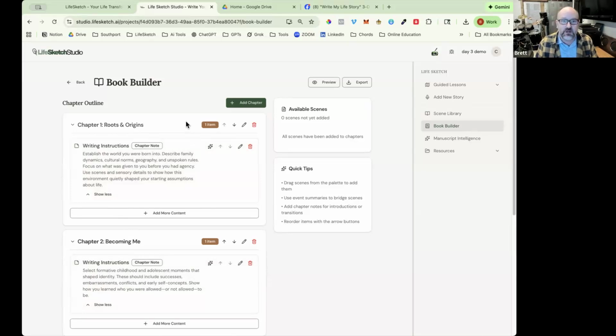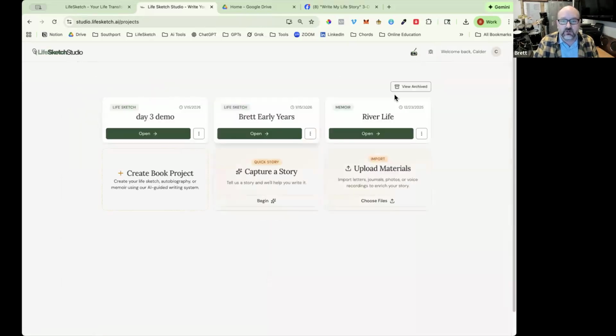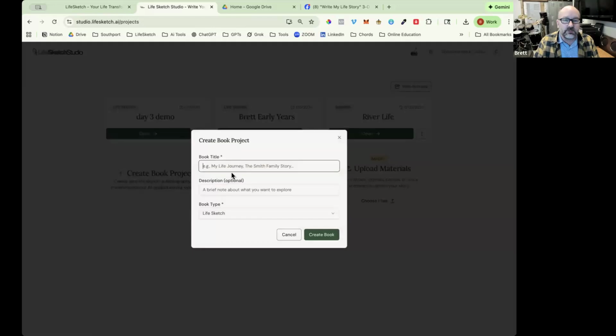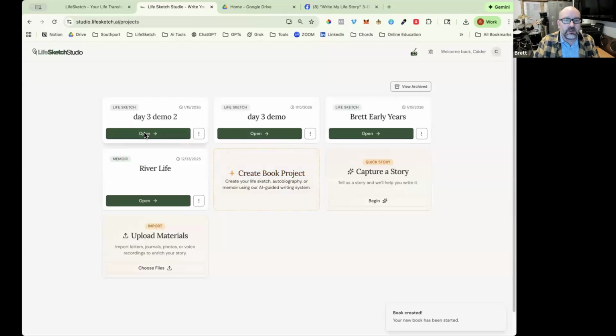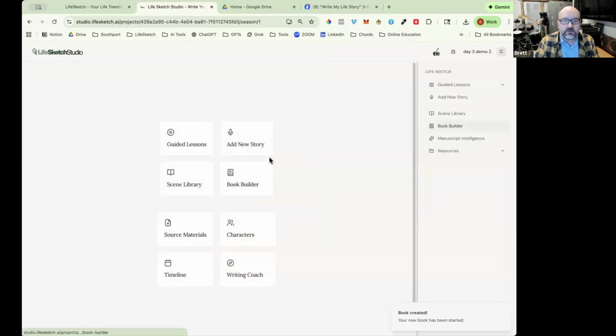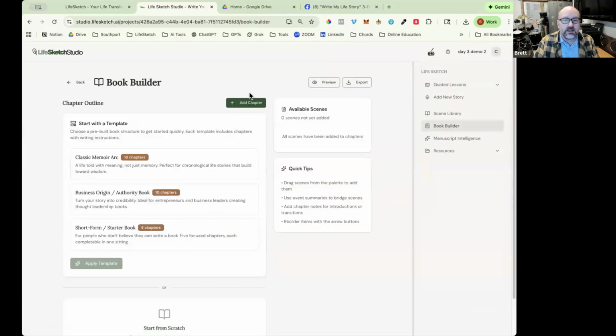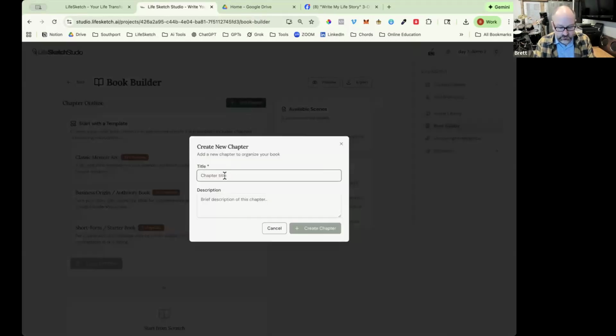So that will be a future feature, I hope. But for now, we've got a couple of these here for you. And you can see here, once you have any chapters created, that option disappears. So for example, if I create a new book, this one we'll just call Day 3 Demo 2, and I go into my book builder, I have all these options, but as soon as I create my first chapter, chapter 1, my story begins,